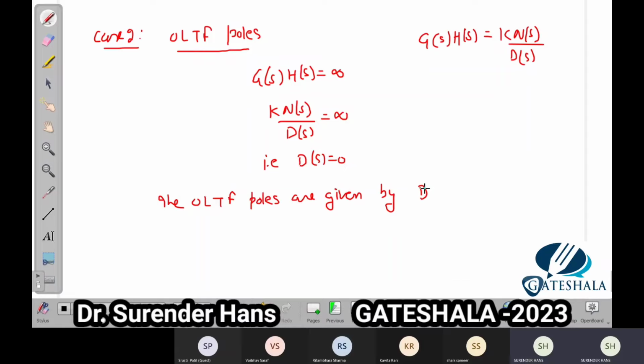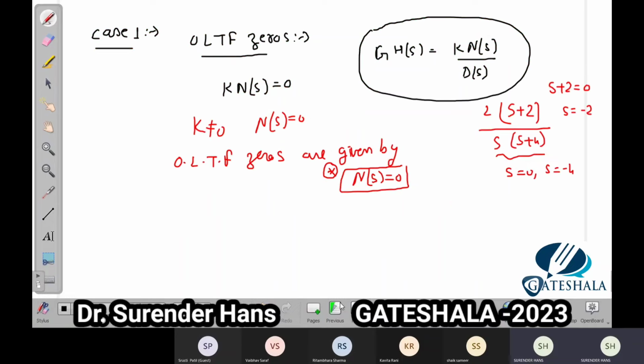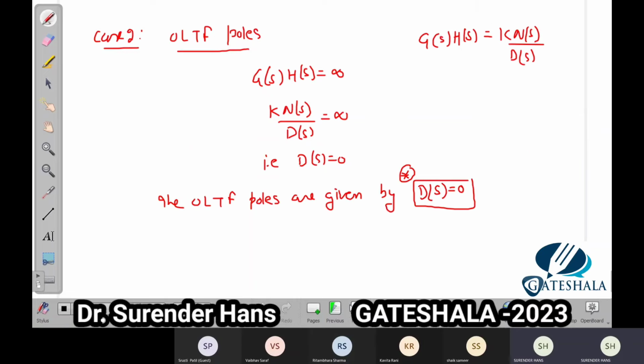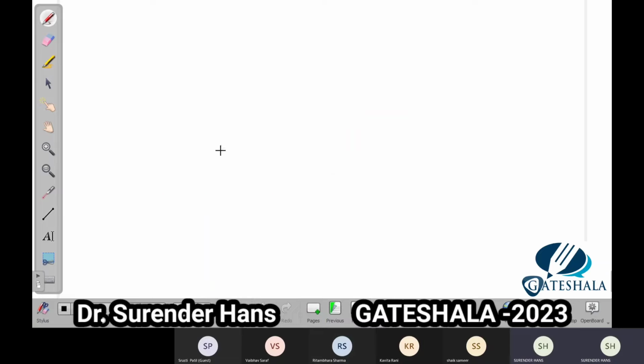D(s) is equal to 0. This you keep in mind. Okay, this D(s) is equal to 0. So now in the previous slide, the open loop transfer function zeros, who will give the open loop transfer function zeros? N(s) is equal to 0. Open loop transfer function poles, that is D(s) is equal to 0. Clear? Now the third